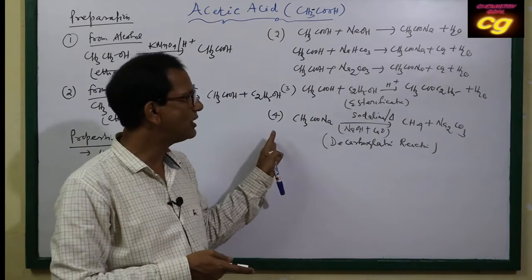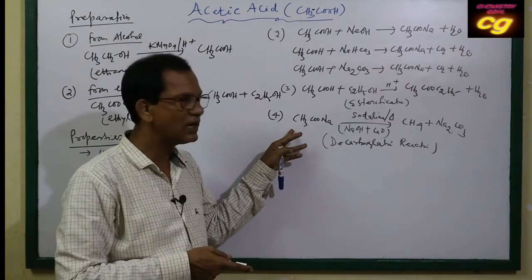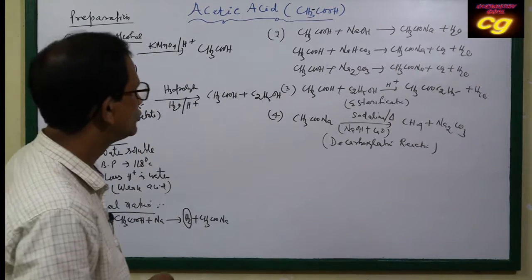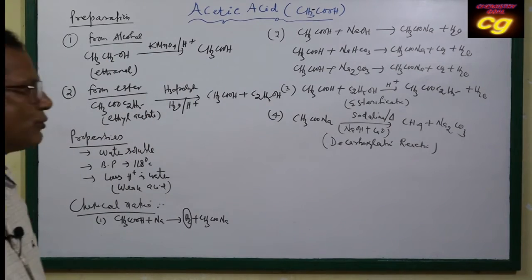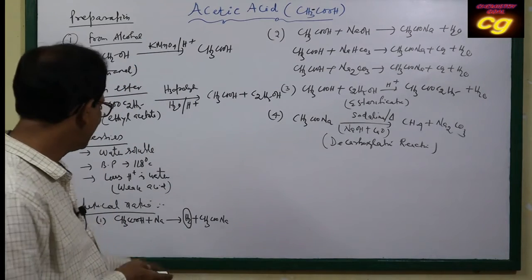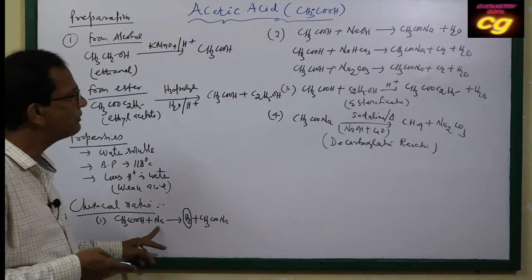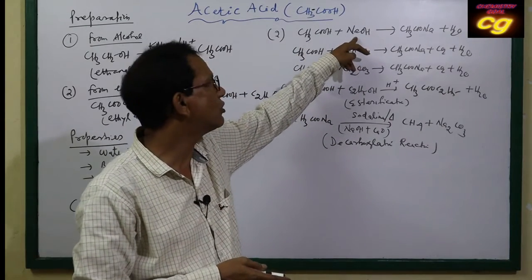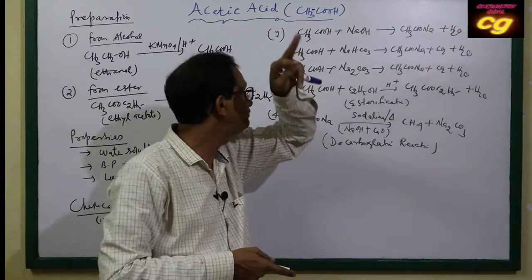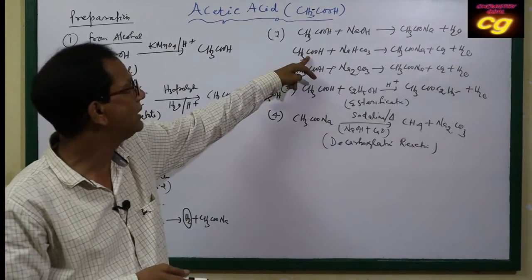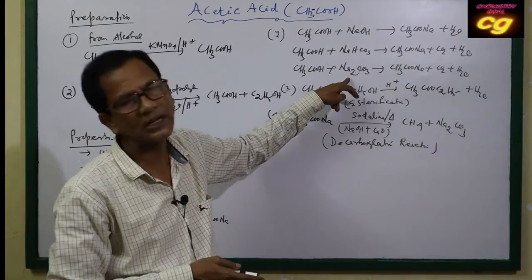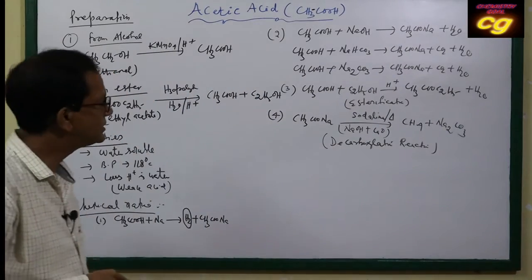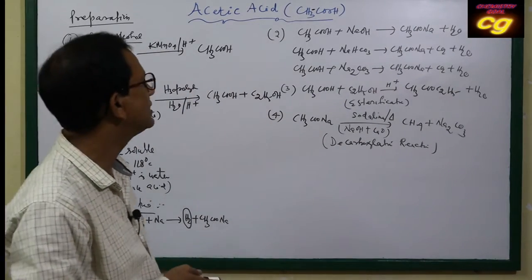You can reduce carbon from an organic compound by the decarboxylation method. So these are the very important chemical properties of carboxylic acid, that is acetic acid. Acetic acid reacts with sodium metal forming hydrogen gas. Acetic acid reacts with a strong base, NaOH, forming salt. Acetic acid reacts with bicarbonate and carbonate salts forming CO2 gas. That is very important. That is the test of acetic acid, we can say.